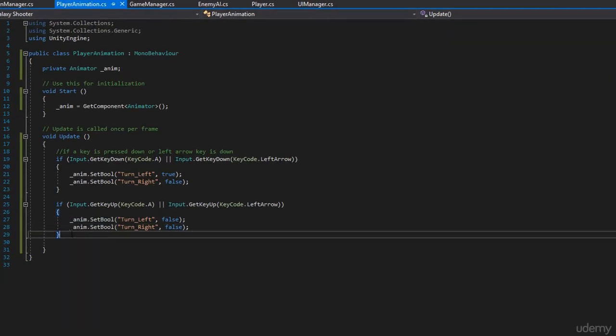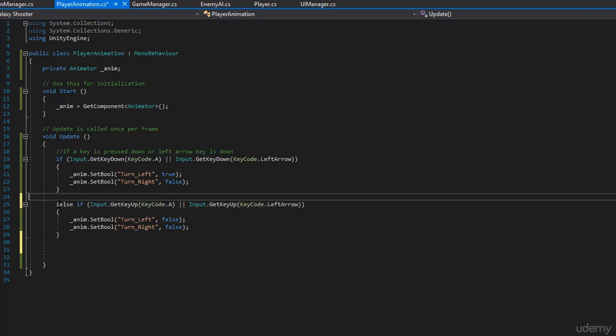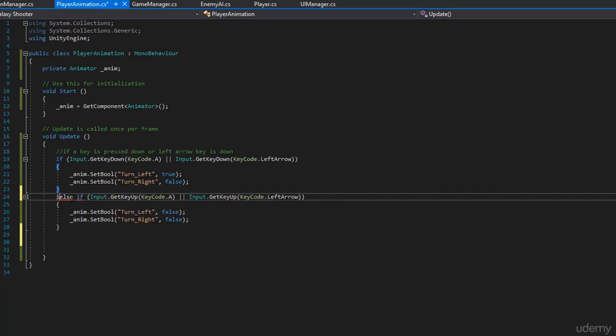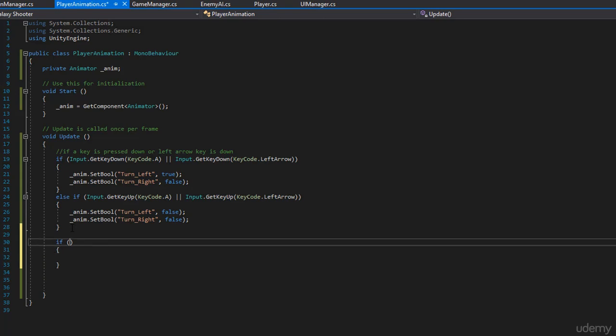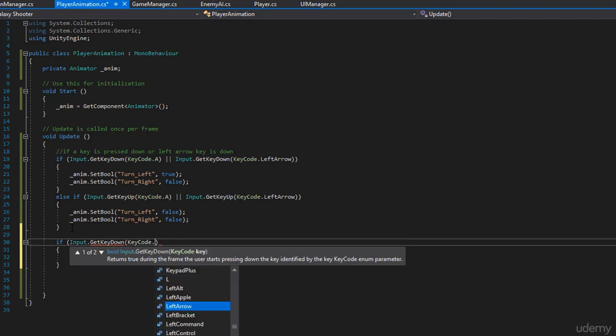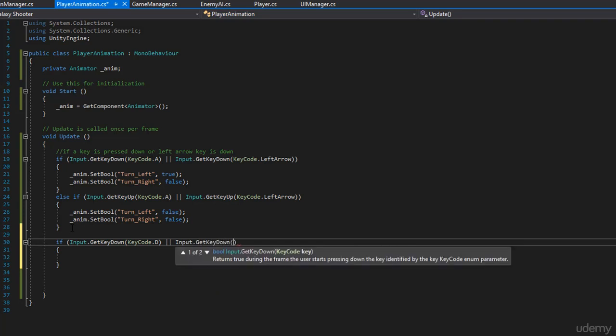Let's save our script. So here, if we hit the A key down and if we hit the A key up, now we need to factor in the D key and the right arrow key. Actually, we could turn these probably into else if statements. So if A key is down, else if A key is up. Okay. And then here we'll have a new set of if statements checking for the D keys. So here, if our Input.GetKeyDown and our key code is D key, or our Input.GetKeyDown is KeyCode.RightArrow,